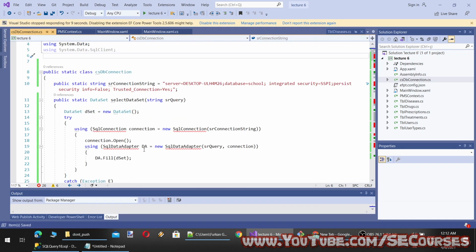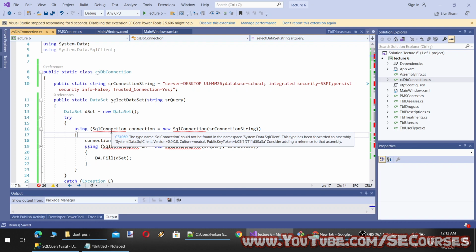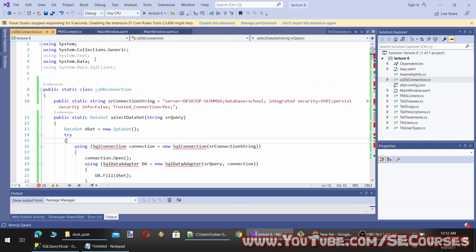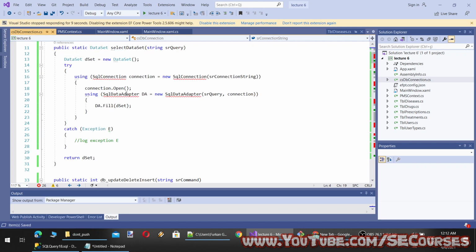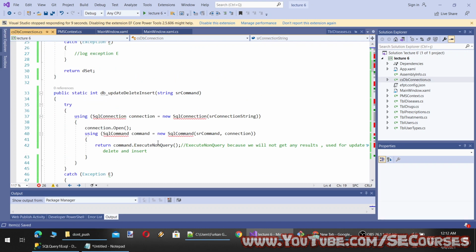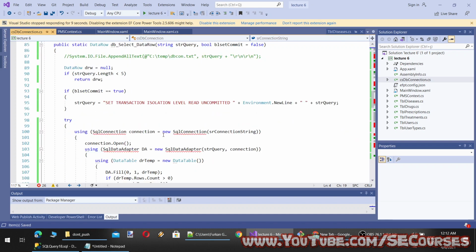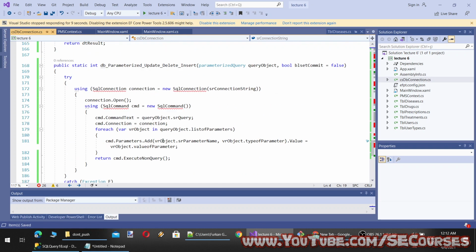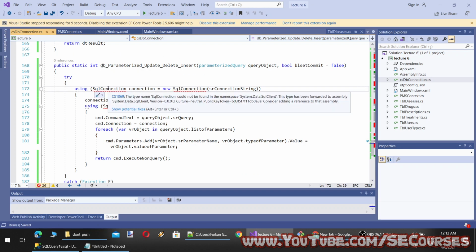And then it says that SQL connection is not available. And let's see, okay, we have data here. Okay, it says that the type named SqlConnection could not be found, namespace System.Data.SqlClient.